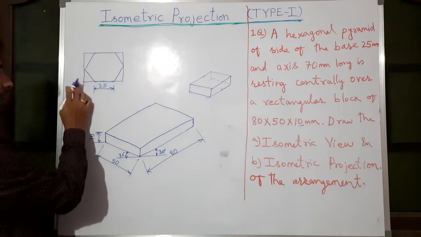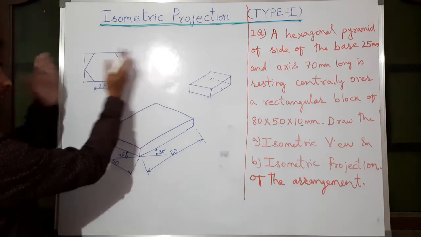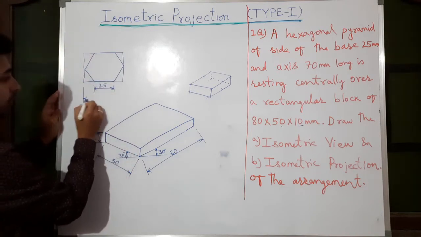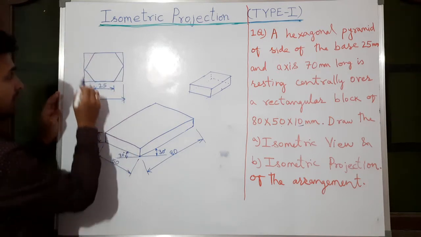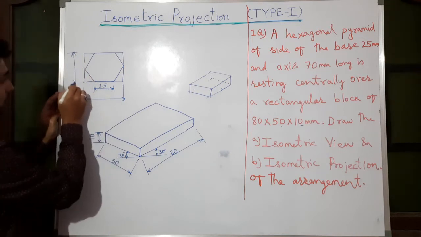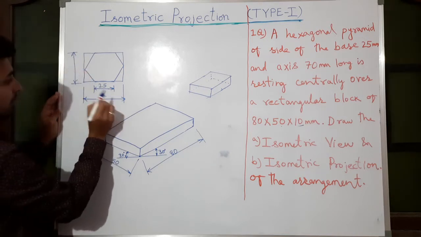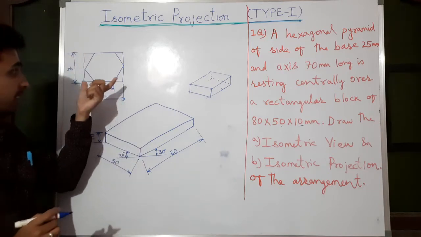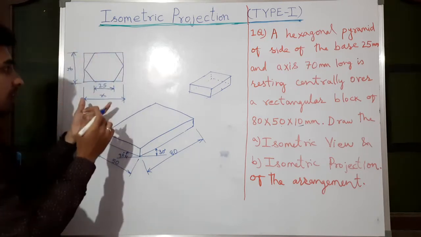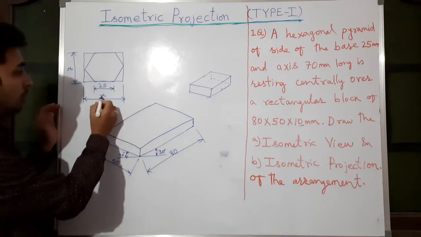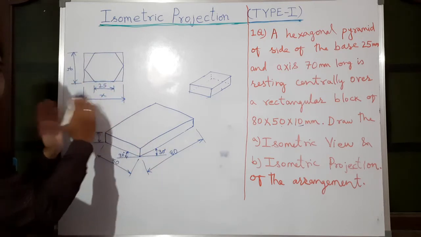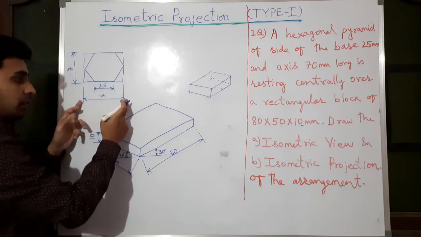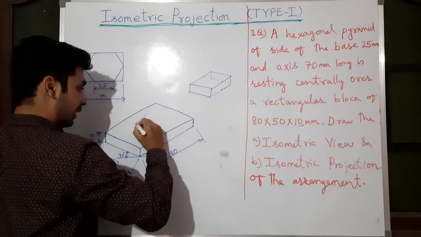So after drawing the hexagon of 25 mm side, we have enclosed it in a closed box. So what is the box length? After drawing we will measure, assume as of now it is x width and y height. When you draw the hexagon and close it in a box, you measure and directly note down the values of x and y. Here we don't know the value. So now measure this length x.